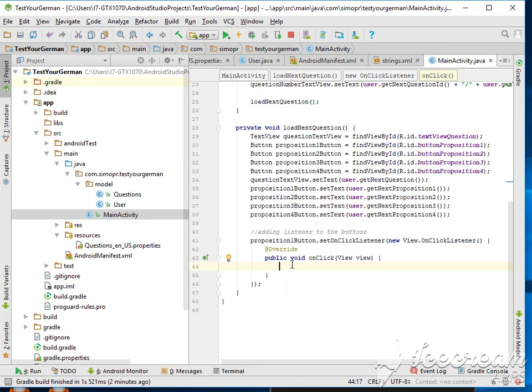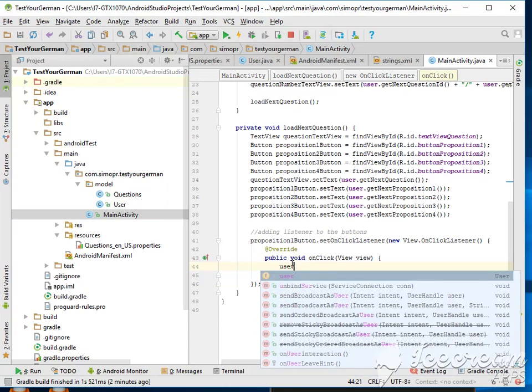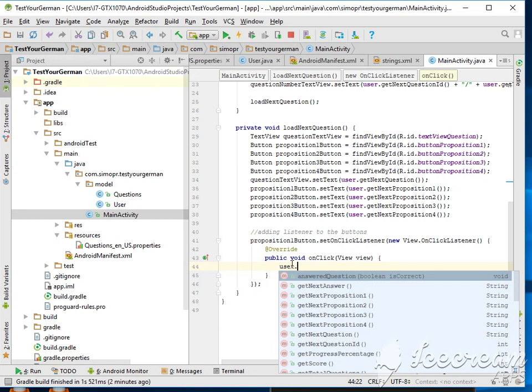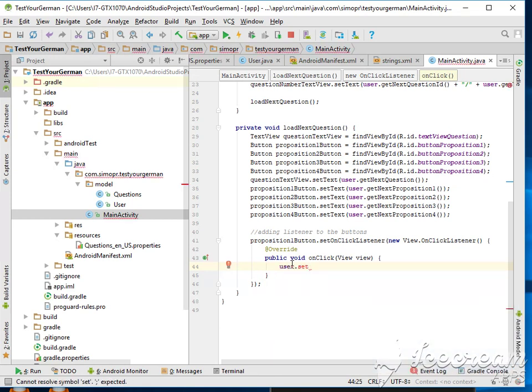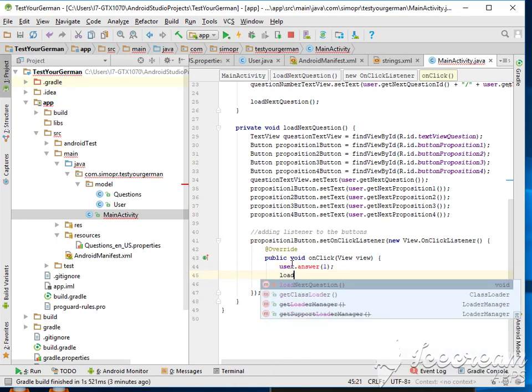Of course, when we click on something, this means the user has chosen. Set answer. This means the user has answered the question. The user has answered the questions, right? User answered the question. We go to the next question. So we just put answer, and then here we're gonna give it like answer 1. User answer once, and then we can do load next question,